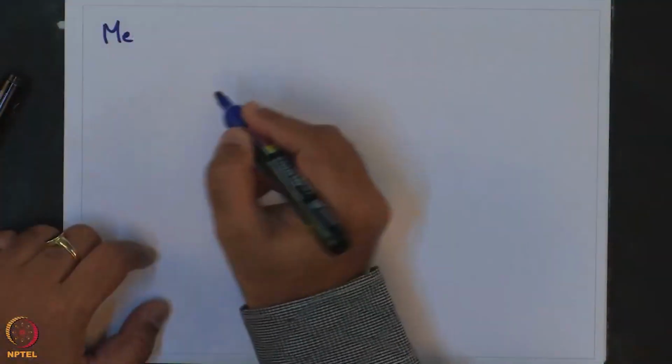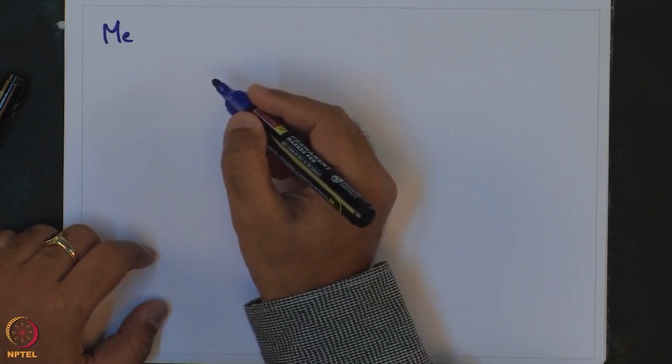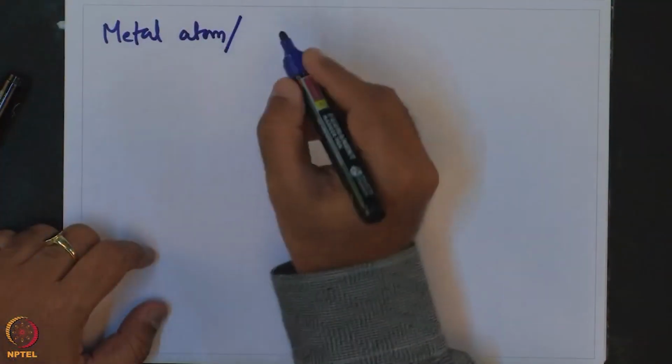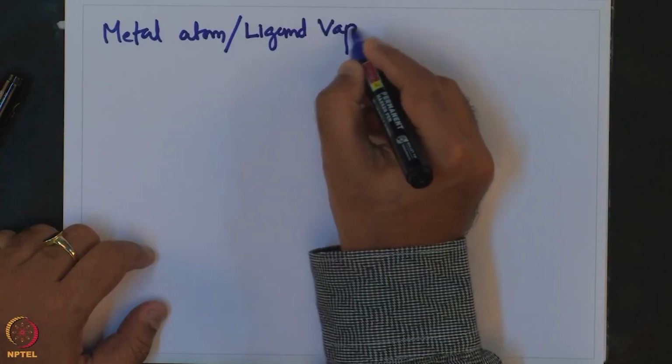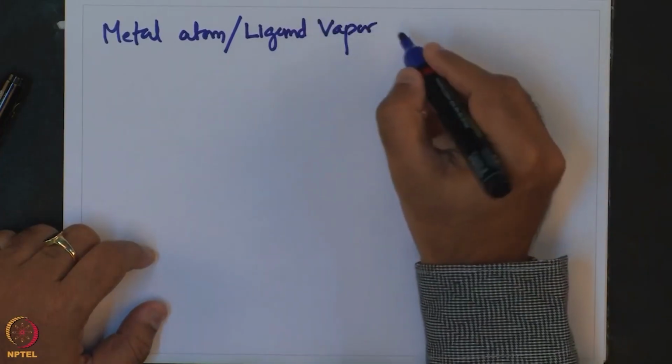Now, another interesting method obviously is this metal vapor co-condensation method, which is described right now. So, this is quite a common method for synthesizing various kinds of unusual organometallic compounds, which otherwise by conventional methods become not so easy to prepare. So, these are metal atom, ligand vapor, co-condensation method,